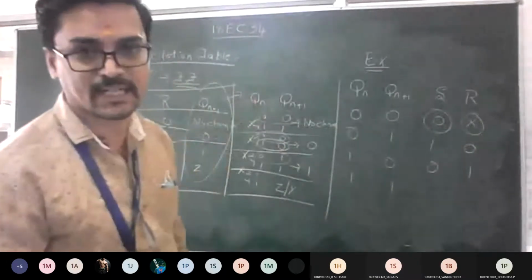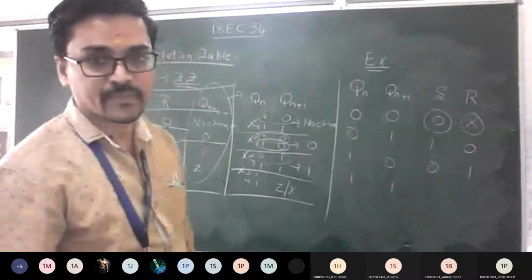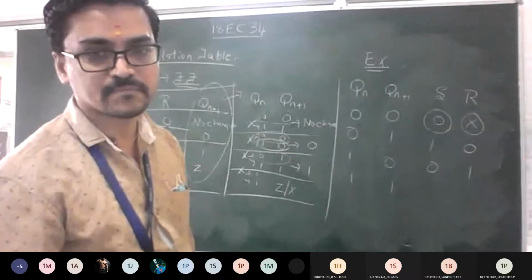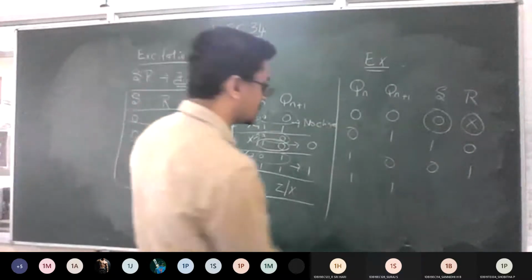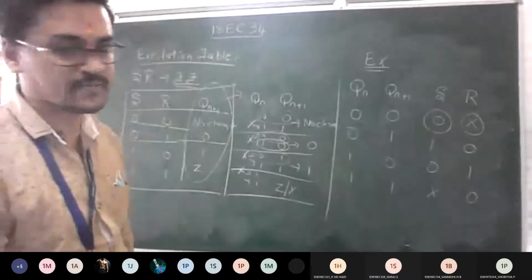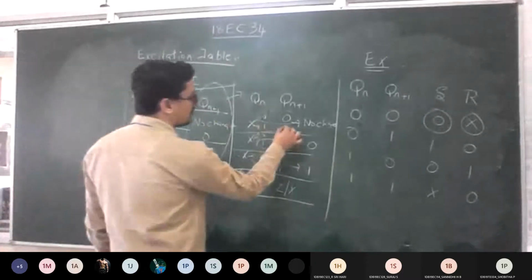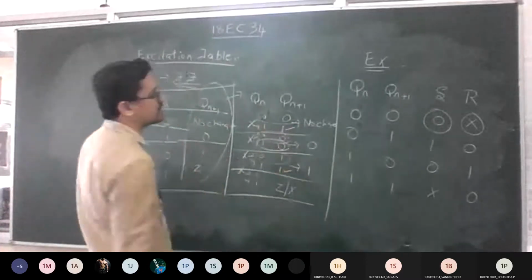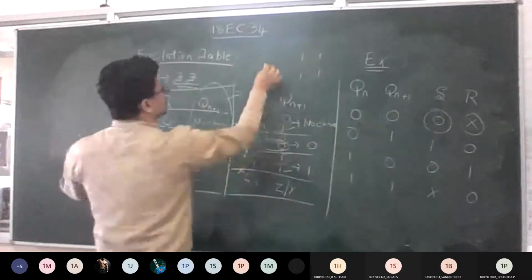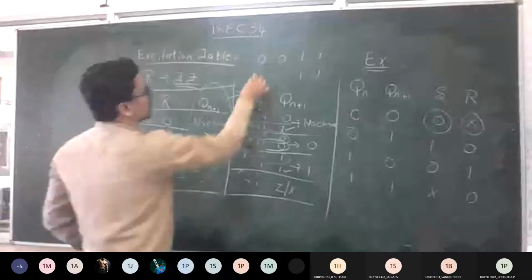Okay. Now coming to the last category, the 1 1 condition. Check out the 1 1 condition and tell me the answer. X0. Okay, so the friend told X0 as the answer. Let's verify. Check how many 1 1 combinations you have. You have a 1 1 combination here, and a 1 1 combination here. So the first 1 1 is for your first input, and the second 1 1 is for your 1 0 input.